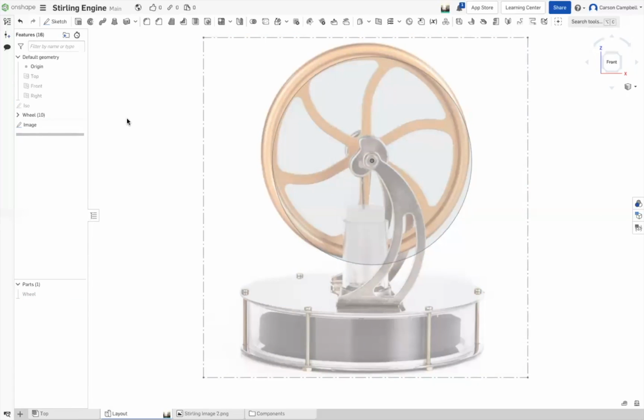Now, this is going to really kind of twist your mind, but let's try this out. Turn your planes on. I'm going to pretend like that wheel doesn't even exist, and I want to design that bracket. Yeah. So at this point in time, let's